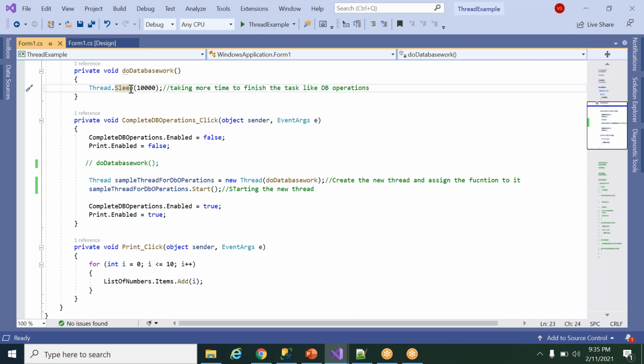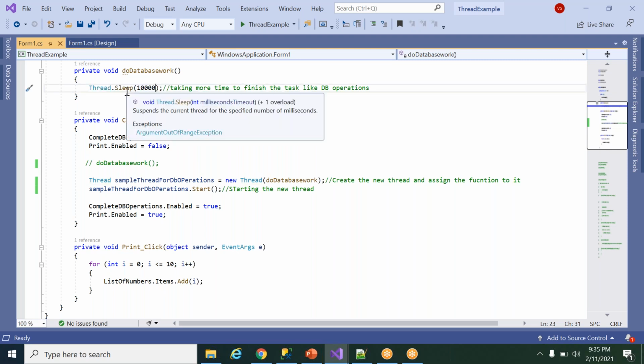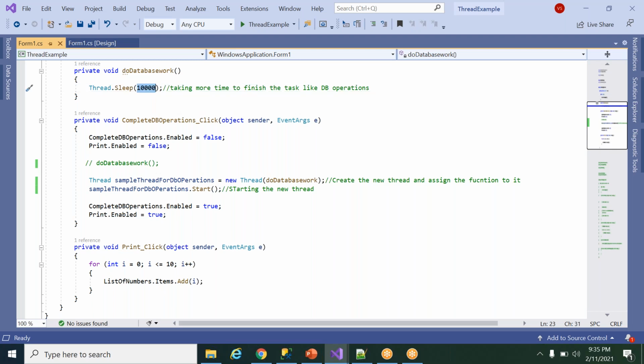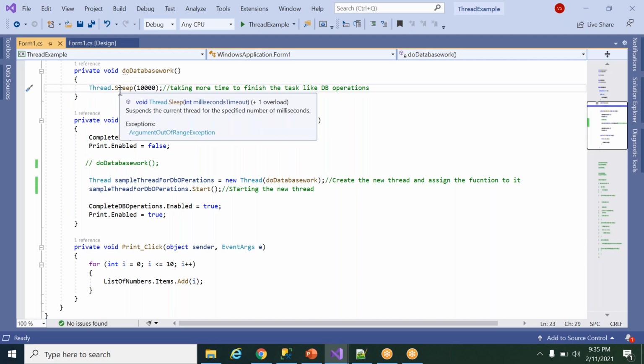Ideally we'll have the database operations complete, say taking 10 seconds. So think of it that way, like the system is taking 10 seconds to complete the database operations, so I'm setting the system idle for 10 seconds. That's the difference. No other things.